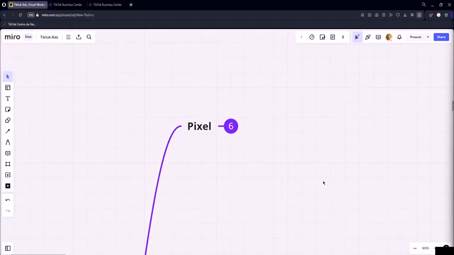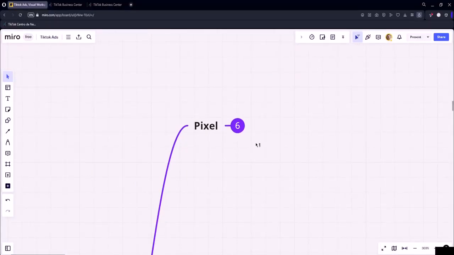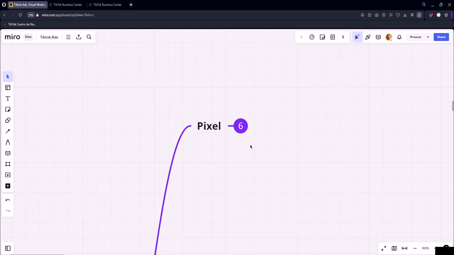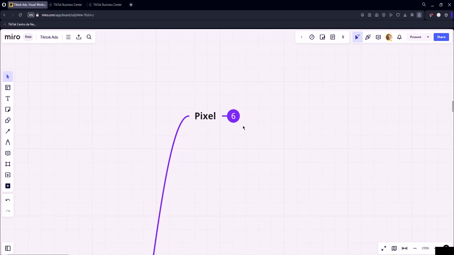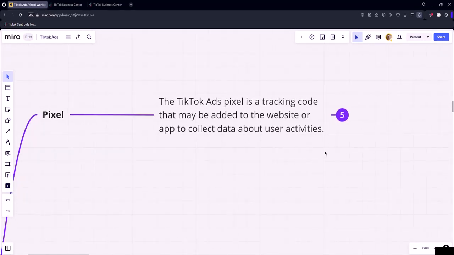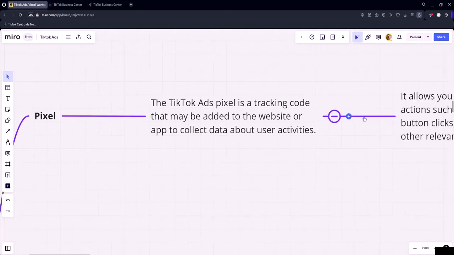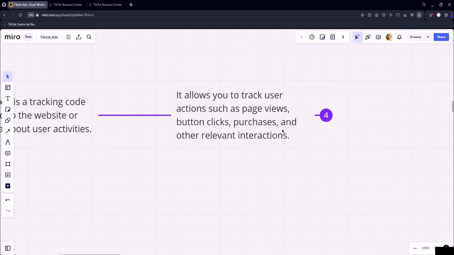Hello everyone, in this lesson I will explain what Tracking Pixel is and how you can set it up in the TikTok Ads platform. To start this lesson, I've created a mind map to explain what the pixel really is, and the TikTok Ads pixel is a tracking code that can be added to a website or app to collect data about user activities. Continuing, it allows tracking specific user actions such as page views, button clicks, purchases, and other